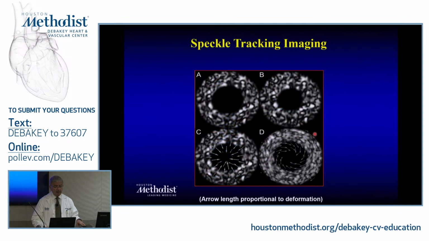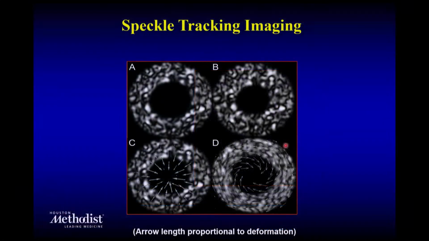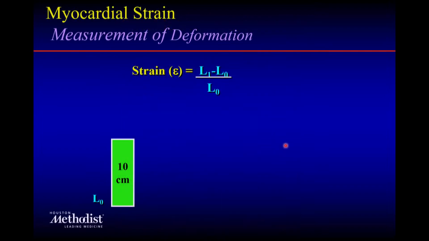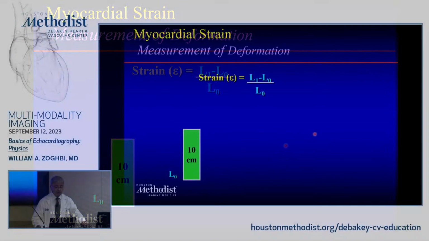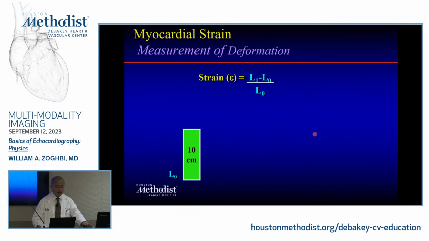So now you could take, I mean, we're not going to spend too much time on this, but speckle tracking, actually I was at the first presentation, I was wowed by it, because in the past it was hard to track where each speckle of the muscle was going during the cardiac cycle. And with this advancement, you could do speckle tracking, and therefore you could evaluate many things. One of them is strain. You use global longitudinal strain. Strain is, what is it? It is a deformation of a structure.